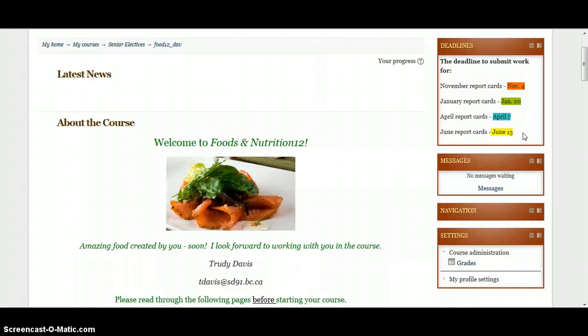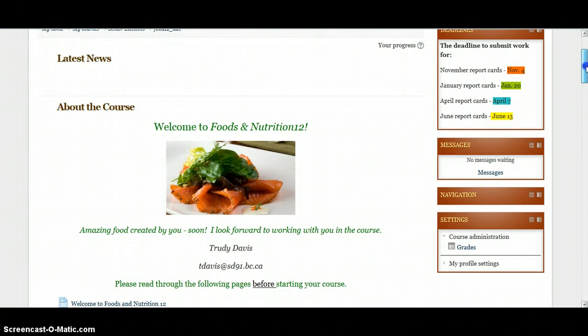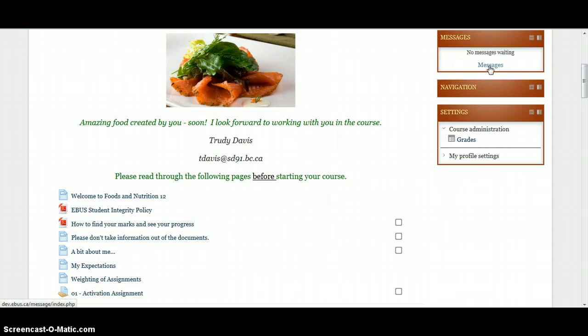Make sure that you have everything in by then, especially if you start in September, because I will be giving you a final report in June. Any work that I don't receive will be given a mark of 0. So if you've started in September, make sure that you have all your work in and done by June 13th. If you started after September, I would still like you to have the course done by June, but if you've been working hard and you just need a little extra time, please contact me and we can have a discussion about an extension.